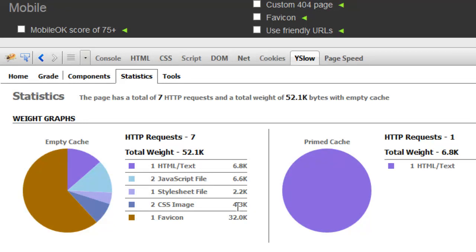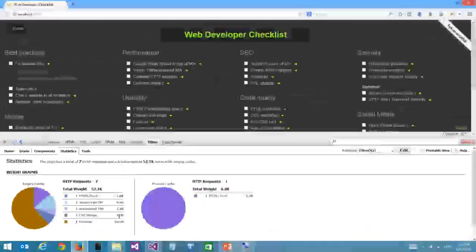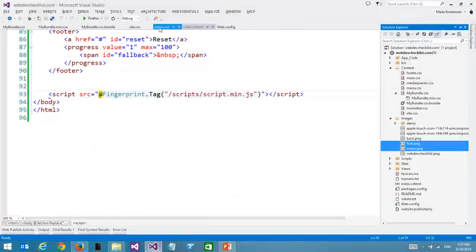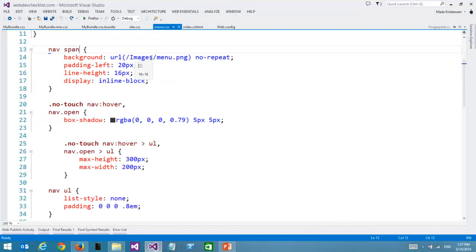How that works is we read the bytes of the images, we convert them into a base64 string, and we take that base64 string and put it directly into our style sheets. It's a little bit complicated, but let's see if we can figure out how to do that. So here's one image. Now I just need to go down and find it on disk and read the bytes and all that stuff, or